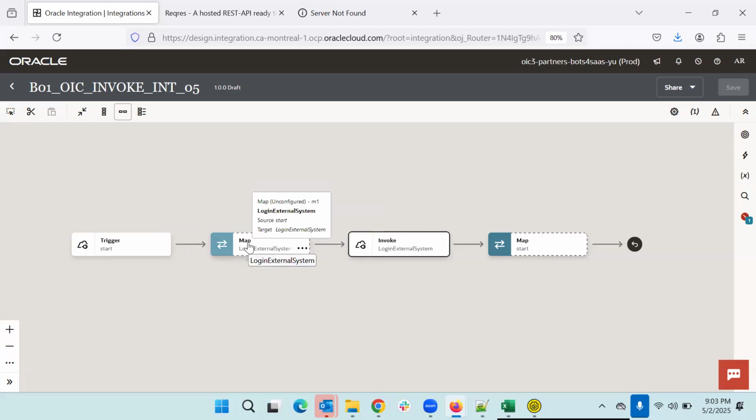So we can click into this one. In this mapper, the source system will be there and the target will be there. This is the target, because this mapper is there only for this one. If you see, the source is start and the target is the login endpoint. For the source, whatever comes before this one is going to be a source for this one. But the target is going to be this only, because this mapper is there specifically for only this one. So if I click into this one,